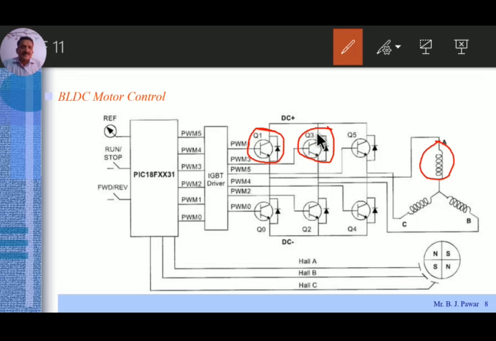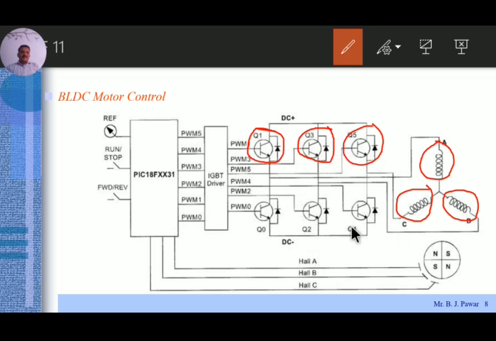See this one, through switch Q3 to plus DC VDC, coil B will get energized, and similarly whenever Q5 gets turned on, the third coil, that is coil C, will get energized with the polarity plus at the input and minus towards the outgoing, right? Now what is the requirement we just discussed in the previous slide?